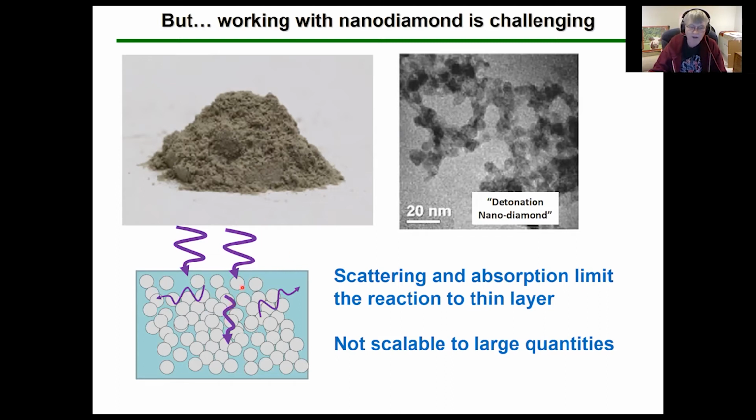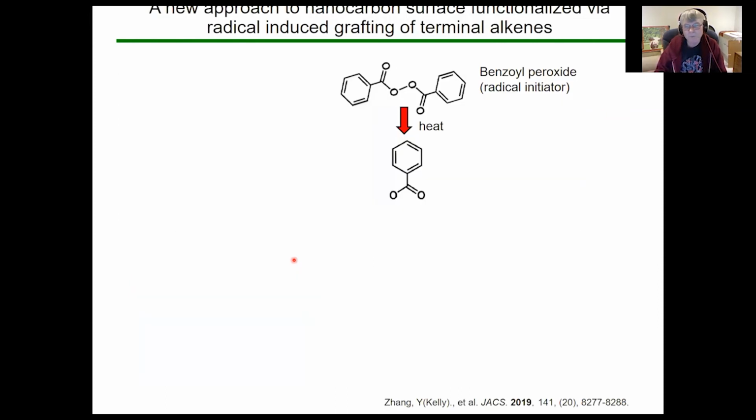It can work well if you're just interested in making really small quantities. You can just disperse a little bit of nanodiamond into the bottom of a petri dish or something like that, put in your reactant, and yes, you can functionalize kind of milligram quantities. But if you want to move on to grams, then you really need to have a different way of doing this. So recently, we've been looking at another approach to this, which is to do what I'll simply call radical